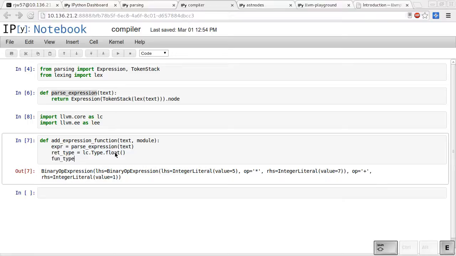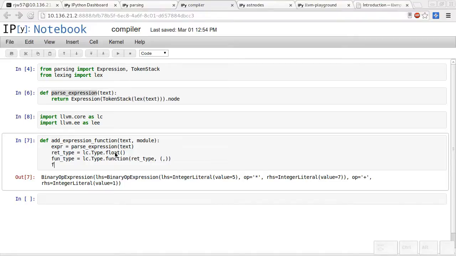So the function type is LC type dot function rep type, and it actually doesn't take any arguments. So f equals module add function. We should probably give this a name. So add a function called name,